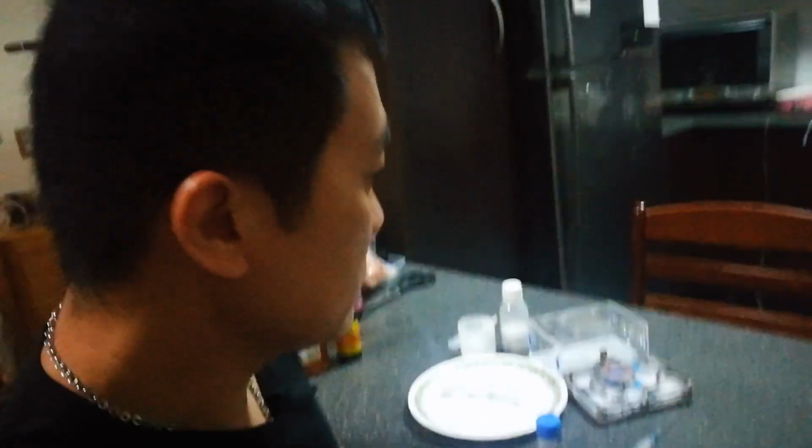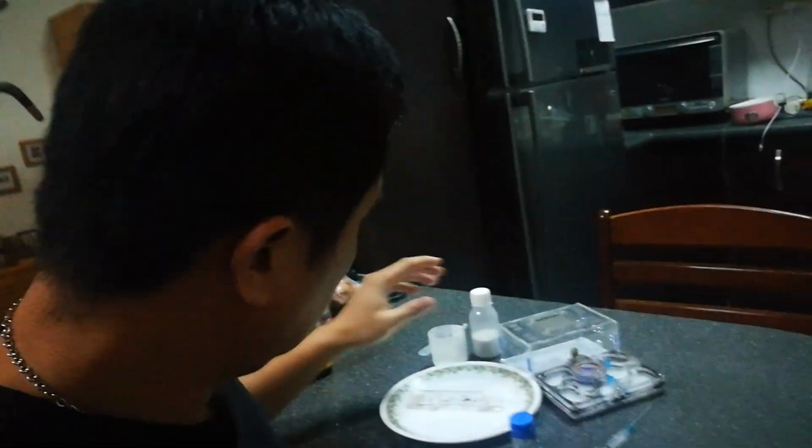Hey, I'm going to try to shoot a video of how I transfer a new colony of ants into a brand new formicarium and how things are set up for ant keepers. Okay,